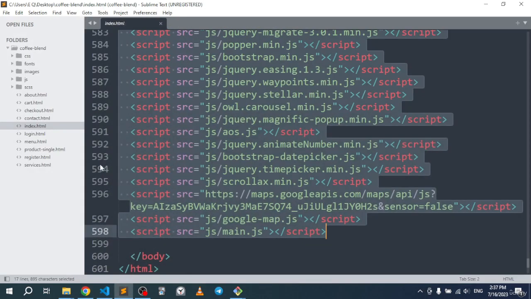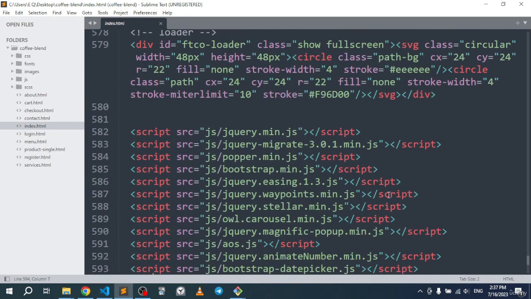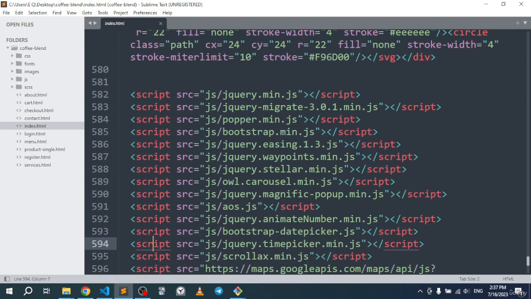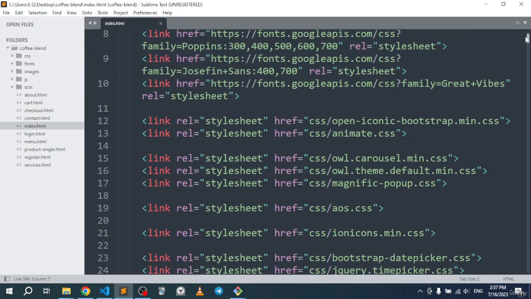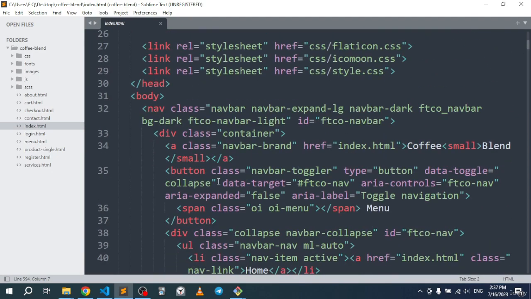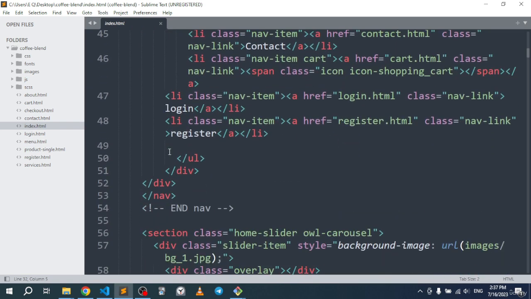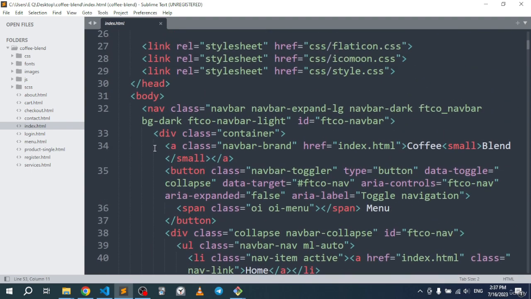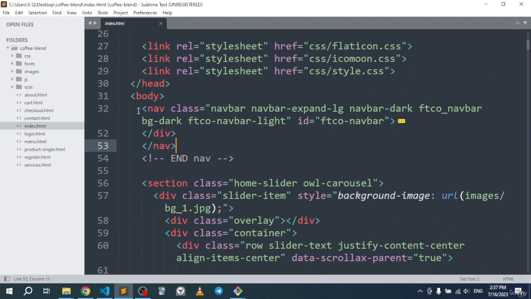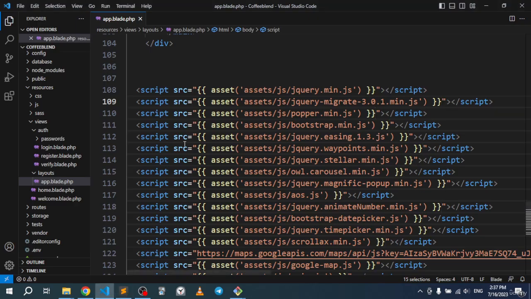So let me go back to the design right here in the index page. So we want to go ahead. Let me go back at the top and let me look at my header. So if I go down, there is my navbar right there. All right, so we can start grabbing our navbar. So let me go ahead and minimize the navbar, and we can just grab it, copy like that, and let me go ahead